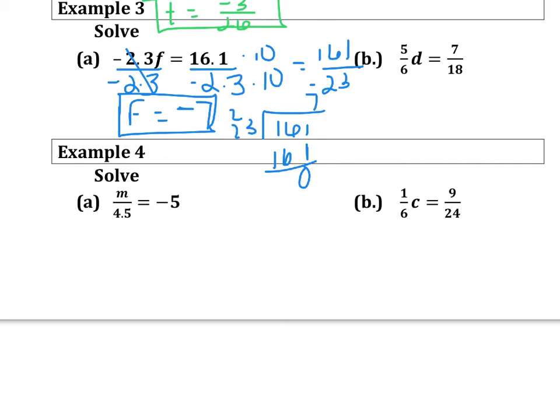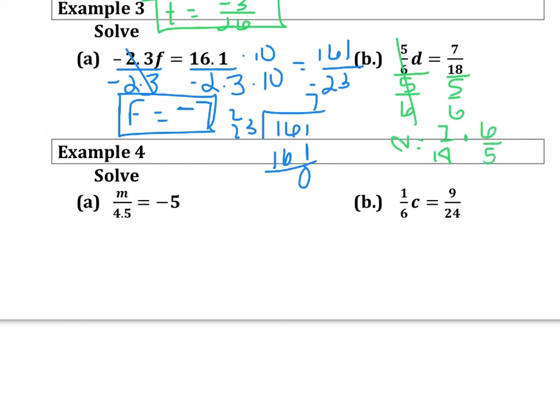In example B, we have 5/6 D equals 7/18. So our inverse operation is going to be division. So we will divide both sides by 5/6. That will isolate D. When dividing fractions, the main rule is keep, switch, flip. Some of you might remember it as keep, change, flip. But you're going to keep the first fraction, 7/18, switch division to multiplication, and flip your second fraction, which will be